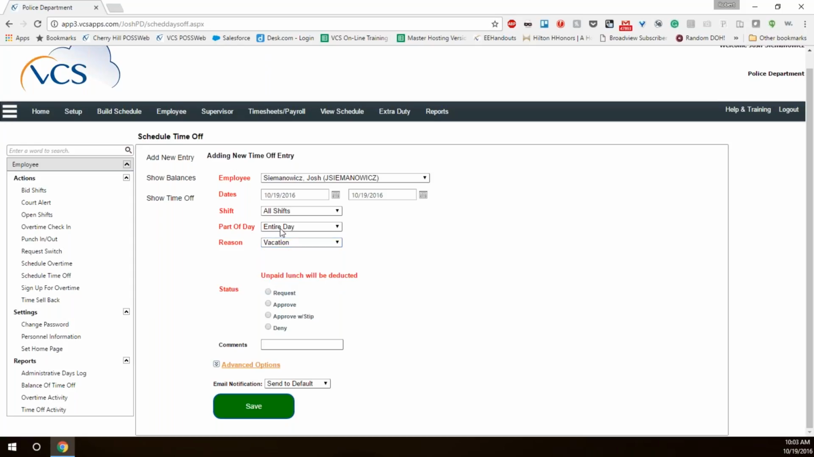There's a note here: whenever you are doing an entire day, a reminder that unpaid lunch will be deducted. Now, that's only for people who have an unpaid lunch entered for them in the system. So if there's anybody in your department who works 8.5 hours but has a half-hour unpaid lunch, that can be entered into the system,